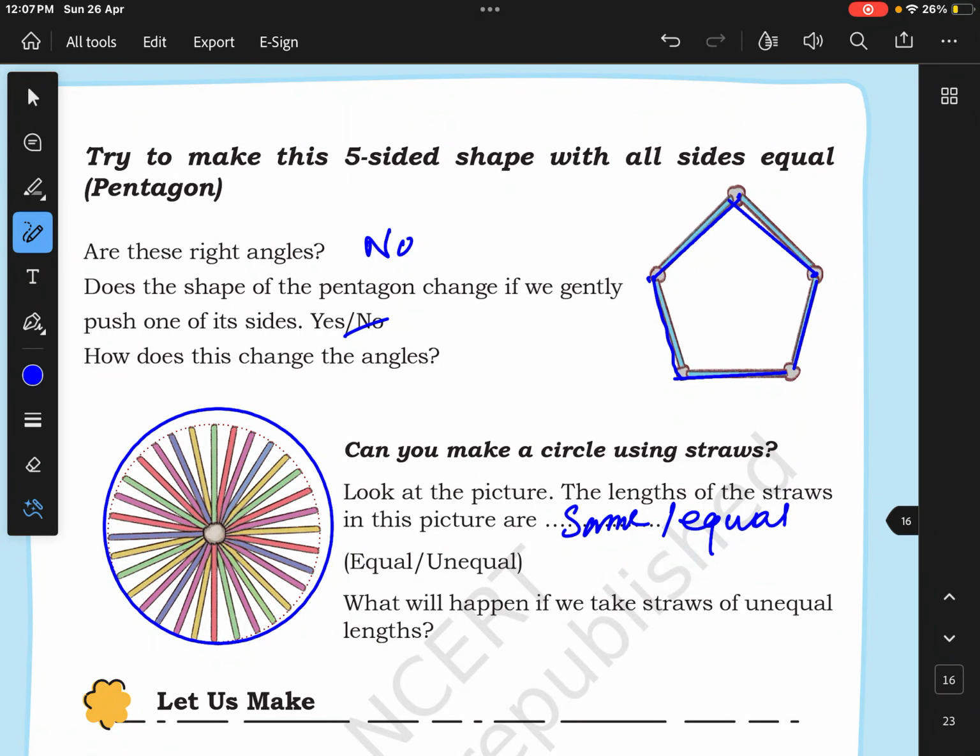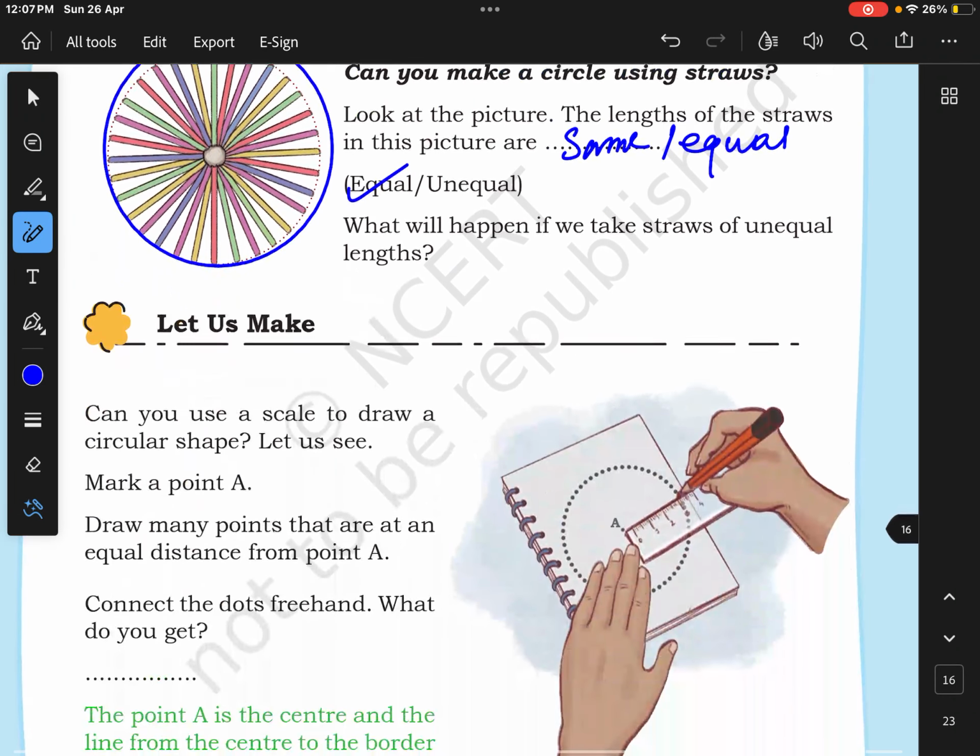In mathematics you must write equal. What will happen if we take straws of unequal length? Then it will not be a circle. Okay. Let us make